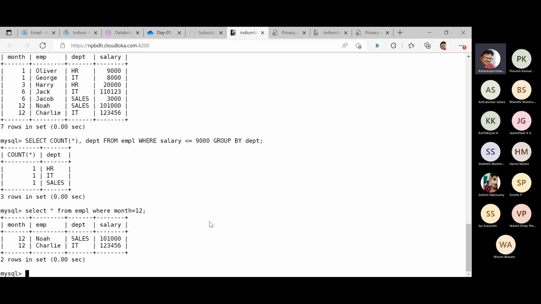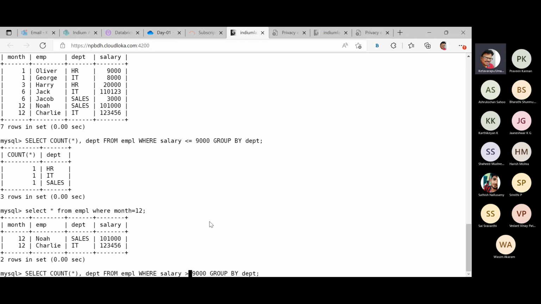And maybe at a later point of time we can observe the having also. So suppose I want to observe some kind of salary information where salary is greater than 9,000, and I want to get the number of persons. Okay, simply if you see this, guys, so where salary is